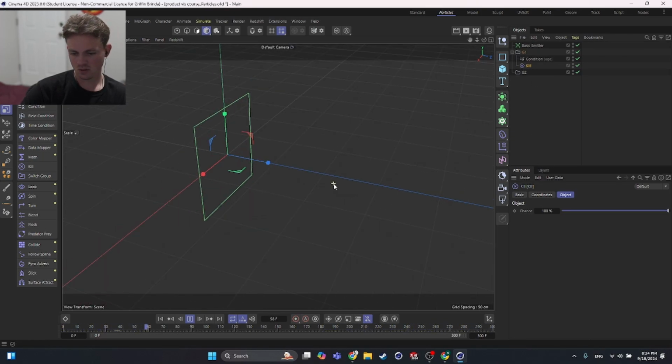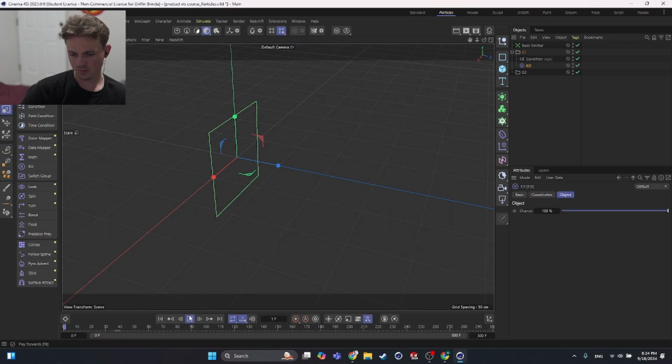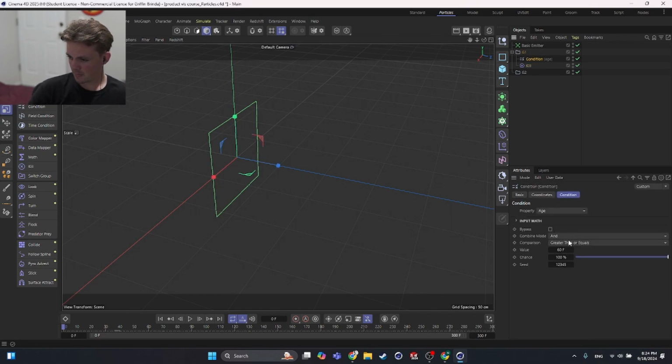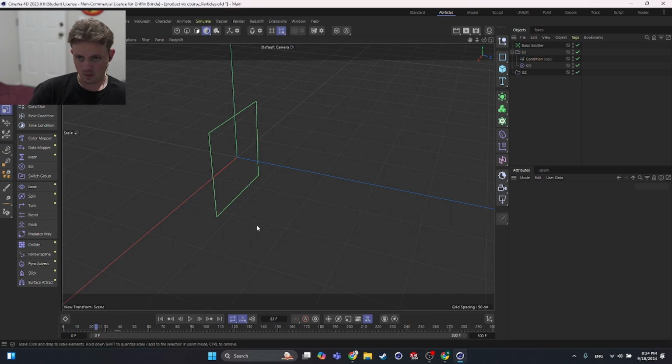So the whole proposition here is check the particles in group 1, and any particle that is equal or more than 60 frames old, kill it. So we should see all the particles die after frame 60, because you can see here our emission mode is constant, which means it's emitting particles not only at the first frame, the second, the third, the fourth, and so forth. And this is what constant means. So what you will see is that